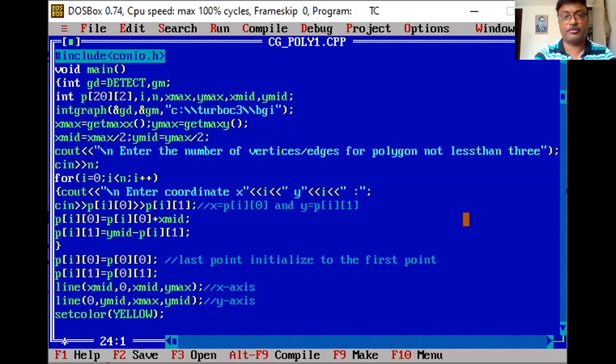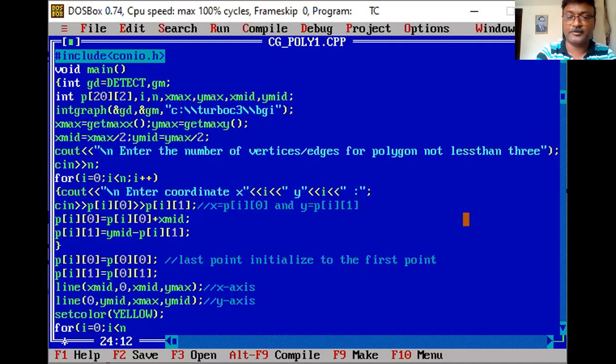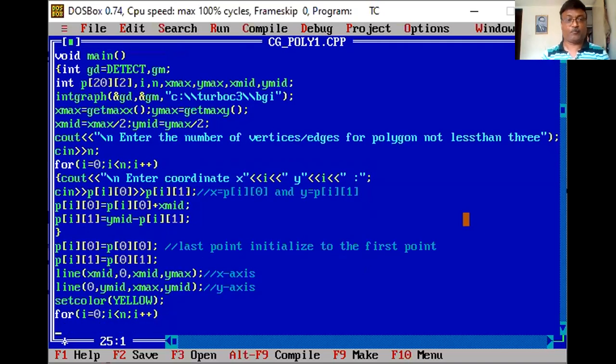Now I have to start to draw my polygon again. Consider for I less than n, then I plus plus. For this loop, what am I using to draw the polygon? By using the simple line function.